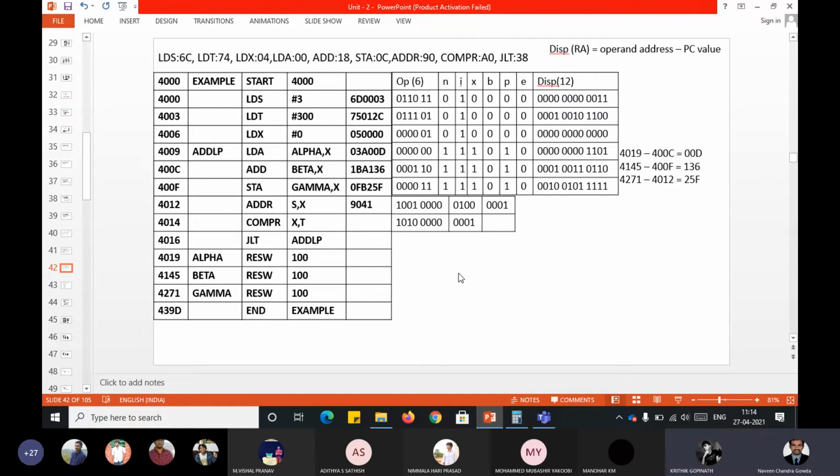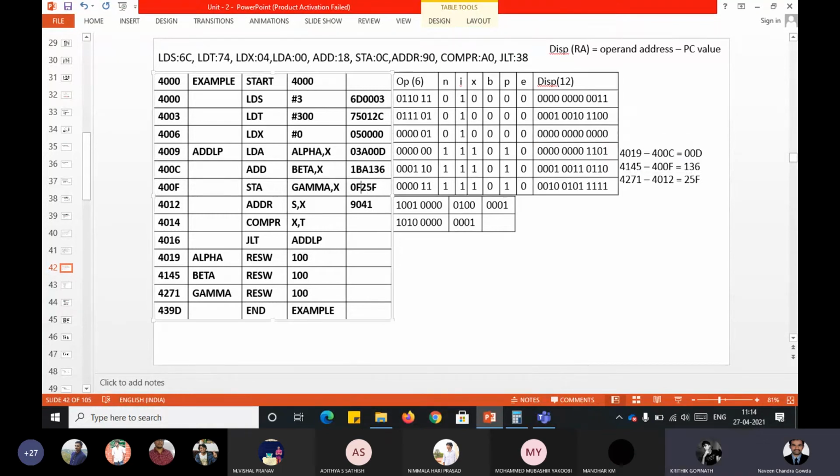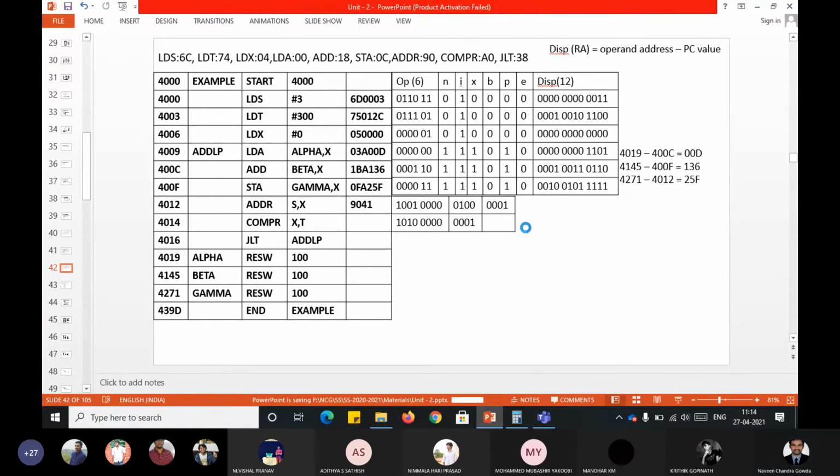I did not get you. It should be 0FA, not 0FB. The opcode, sir. Okay, you are talking about this. Yeah, that's true. It is 1010, so earlier case here also this is good. This is A, so here we have written A. This is 1010 A. That's true. 0FA 25F. Yeah, that's good. Anything else? Any other mistake you found? No, sir. That's good.